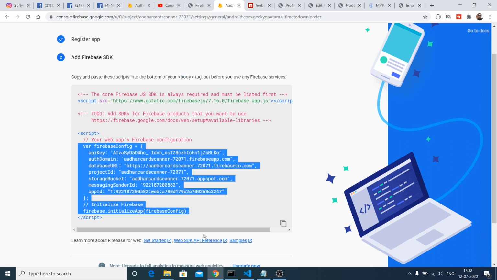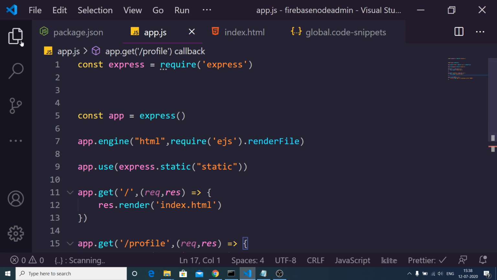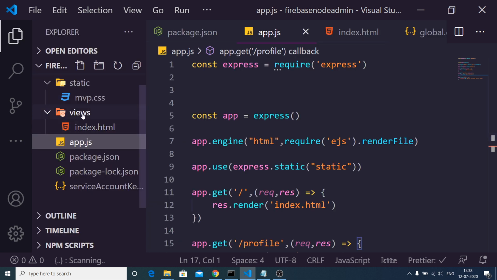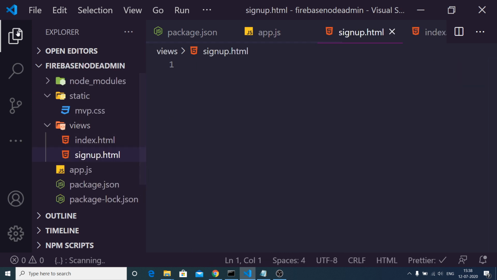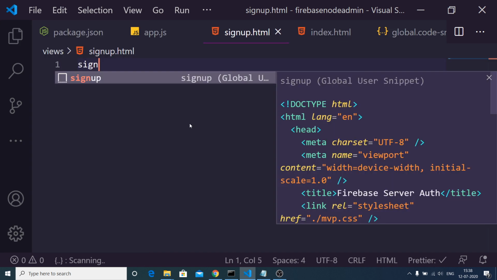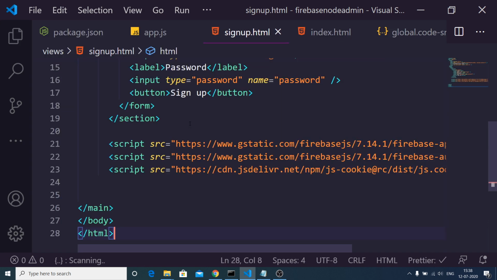Copy it, and now inside this we will make a new file. Inside the views folder we will make a file which will be login, or first of all we will be signing up a new user, so we will use signup.html. We will write the basic template here.